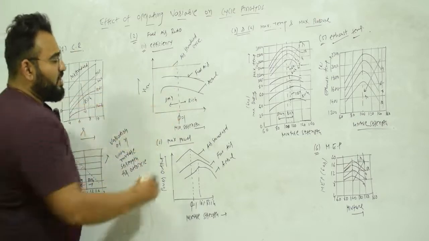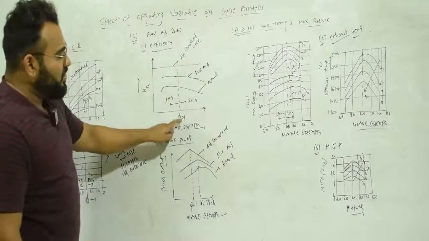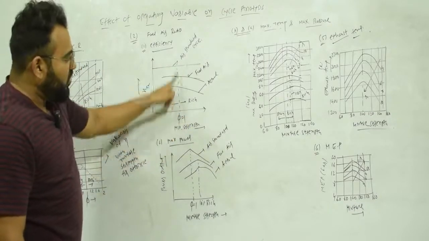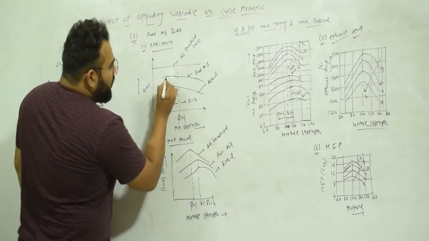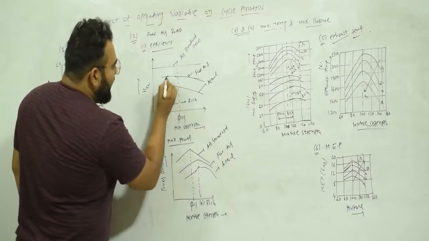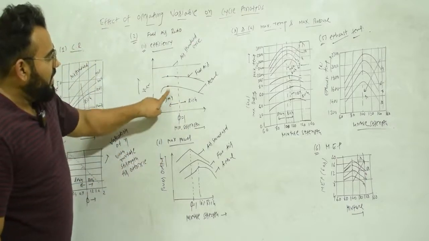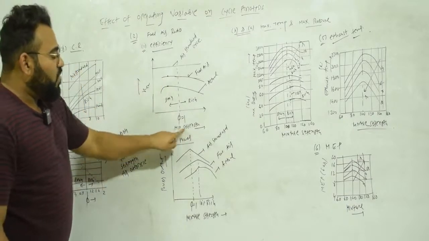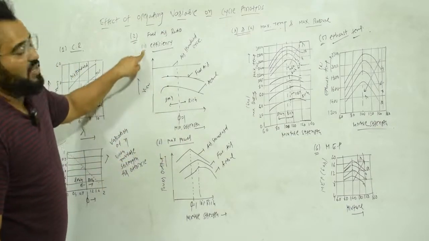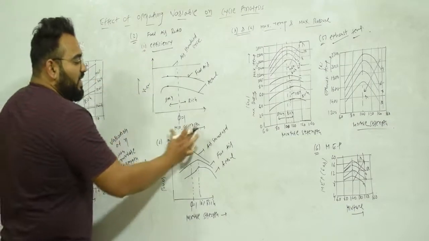Here this is the exactly correct mixture, so phi equal to 1. This is exactly correct, and it is known as the stoichiometric ratio. You can see that if you go lean here, then you will get more thermal efficiency. In this graph, if the mixture becomes lean, then the efficiency is more. So if your mixture is lean, then your thermal efficiency will be more. That is the conclusion from the graph of thermal efficiency and mixture strength.